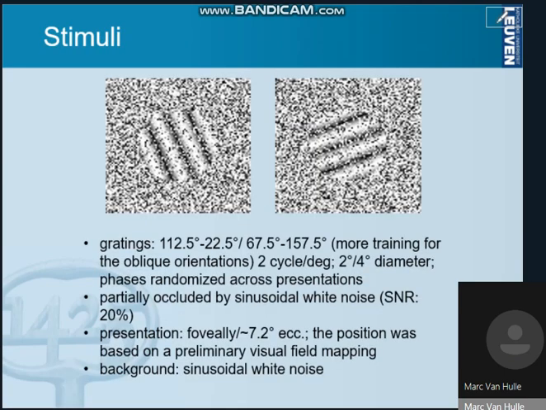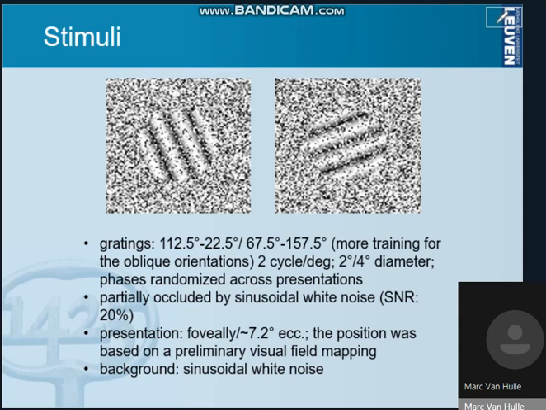And if we move to the next slide, number 40, that shows the stimuli. So you have 2 types of stimuli. It's a grating, a sinusoidal undulation. It looks a bit like a waffle undulation, and that has a particular orientation. So in this case, 11.2 degrees, and on the right side you have the opposite case at 22